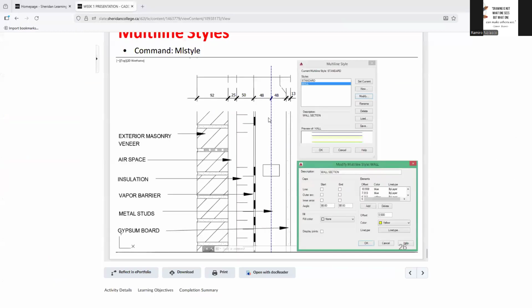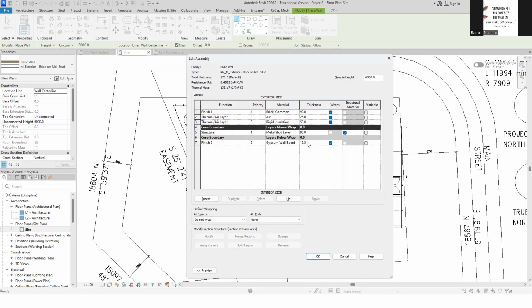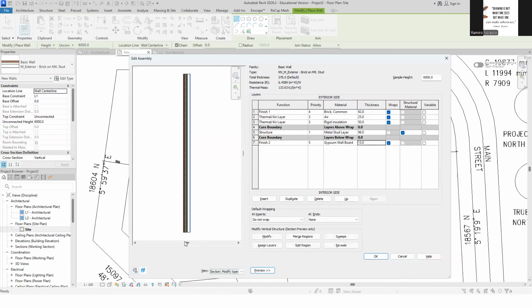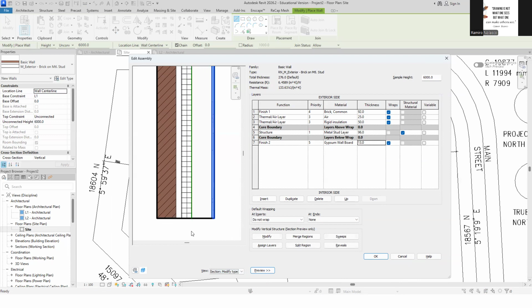The gypsum is 13, so I'm going to place here 13. If I click on the preview button, I'm going to see the preview of this material in the plan view, or I can also look at it in a section view. So that's how it's going to look like in a section view.